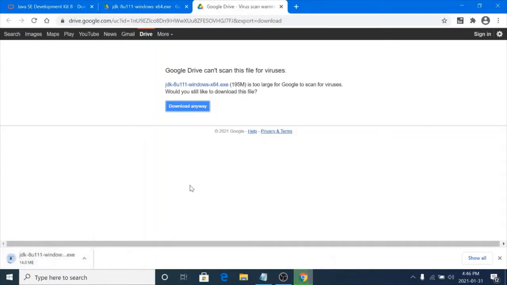Meanwhile I will tell you why we are downloading Java in this session. In the next session we will see how to configure Selenium WebDriver and how to implement a few test cases of Selenium WebDriver. To learn Selenium WebDriver we need Java also. We need Java, Maven and Eclipse. So installing Java is one of the components of learning Selenium. So I'm making one separate session for installing Java only. Those who already have Java on their machines can skip this session and switch to the next session. Otherwise, they can go through this session.